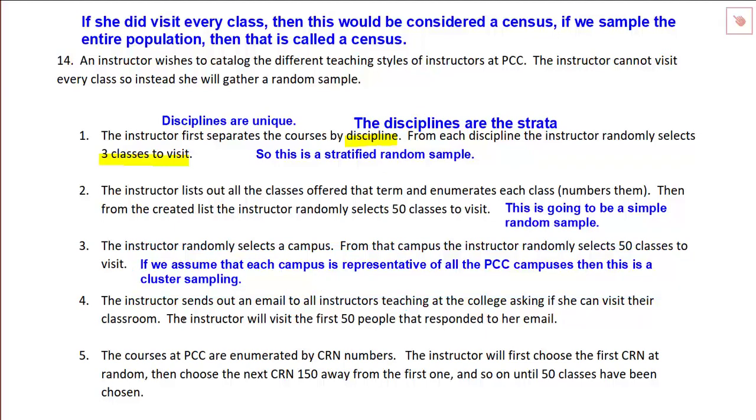All right, let's look at this next one here. The instructor sends out an email to all instructors teaching at the college asking if she can visit their classroom. The instructor will visit the first 50 people that respond. So this is called a volunteer sample, because the